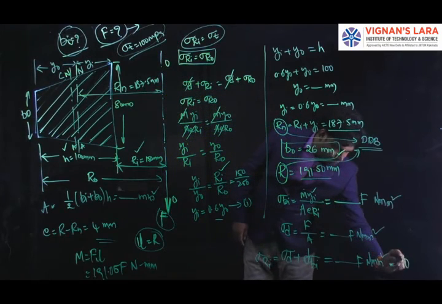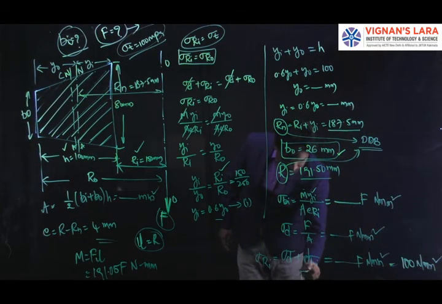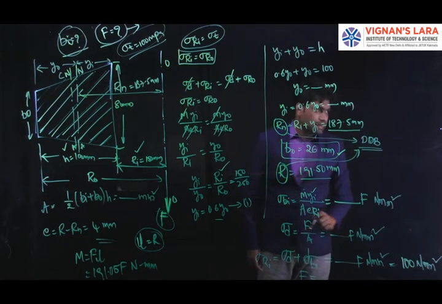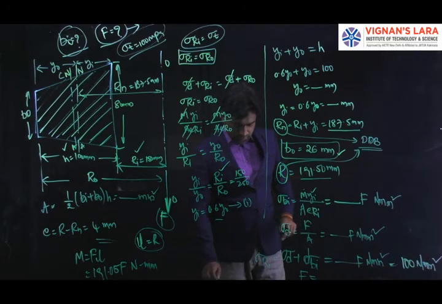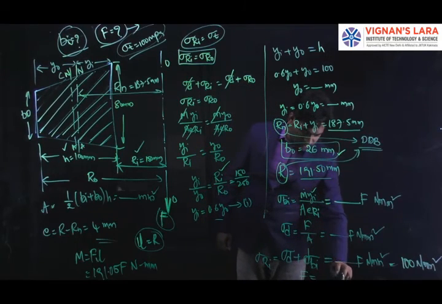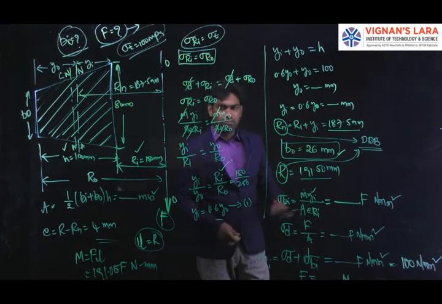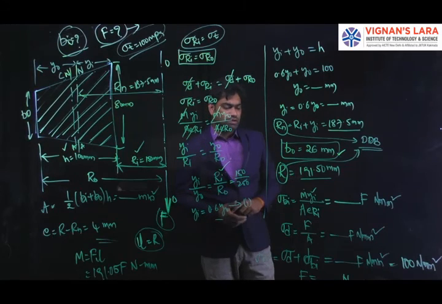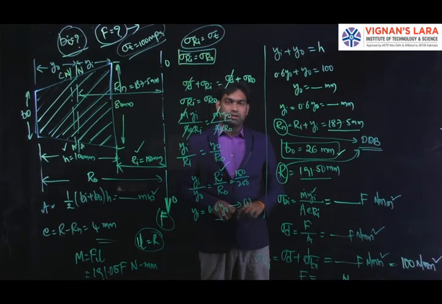That is 100 Newton per mm square. We find the load capacity F. So you can check with the values. By substituting all the values in the equation, find out the load carrying capacity F in newtons or kilonewtons. You can do this as an exercise problem. It is a simple substitution and simplification. You can do it on your own. By taking the values and substituting, find out the load carrying capacity F.